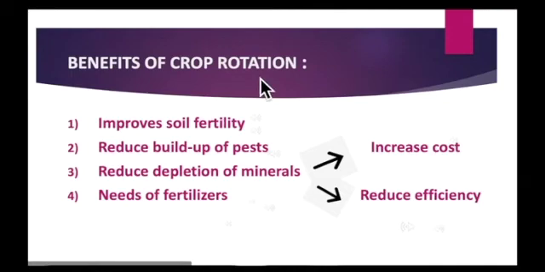So students, as we discussed before in the monoculture technique, planting the same crop type leads to depletion of specific nutrients from the soil. But in crop rotation, each crop type has a different nutrient interaction with the soil, and they each release and absorb different types of nutrients. So because of this, crop rotation increases soil fertility by controlling